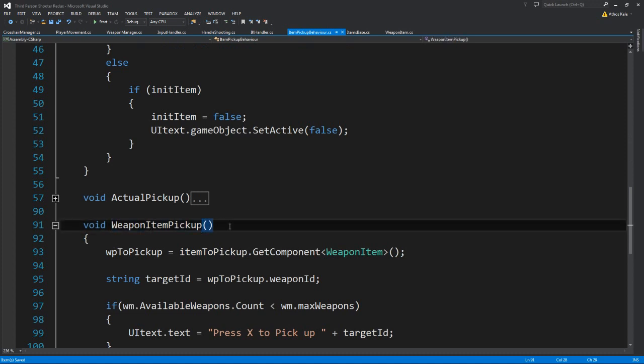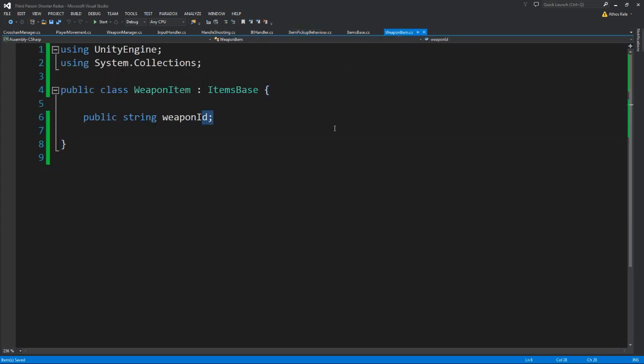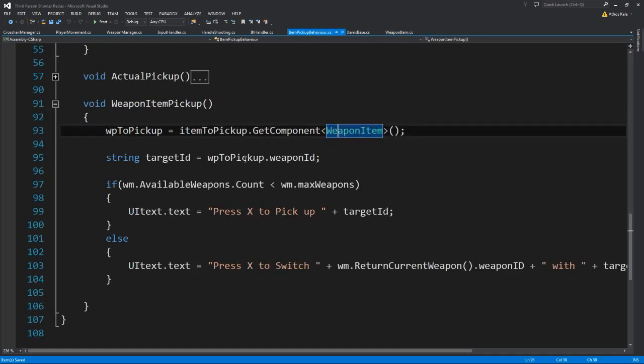Weapon item pickup. We get the component. Since we know it's a weapon item, we can assign the weapon item component, which only has the string with the weapon ID. And since we have the string with the weapon ID, we can actually create the target ID, which is the ID we can find our weapon with. So we check